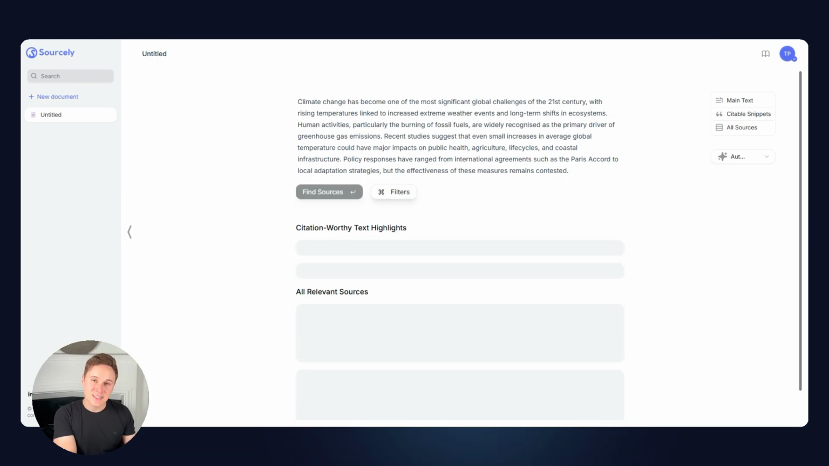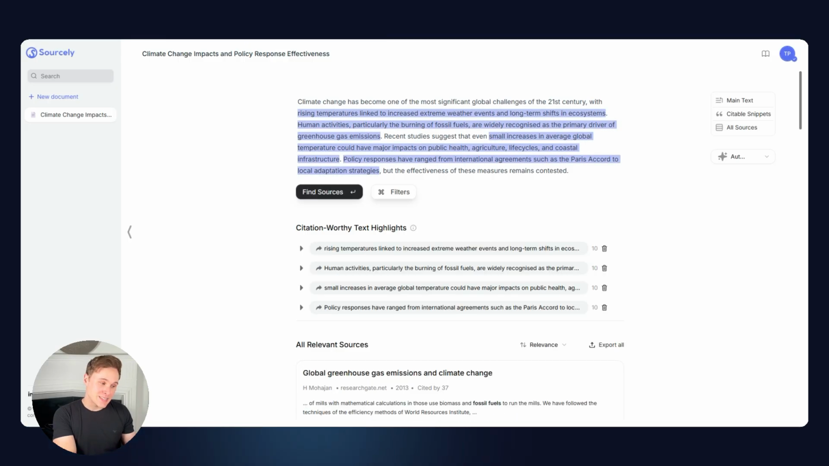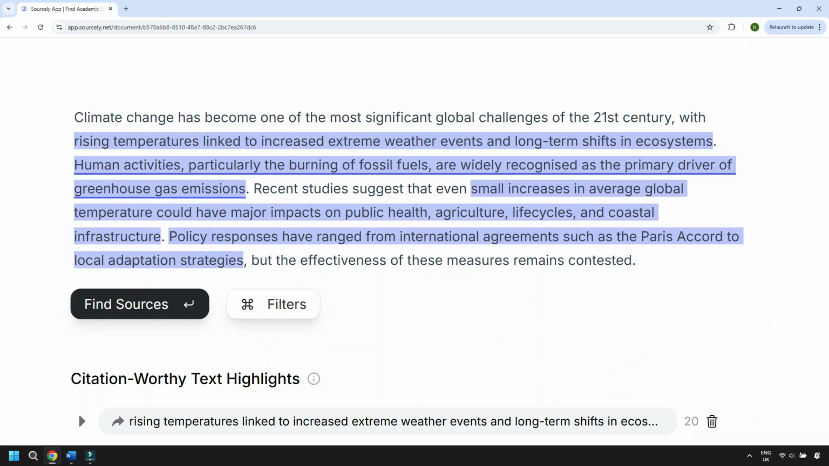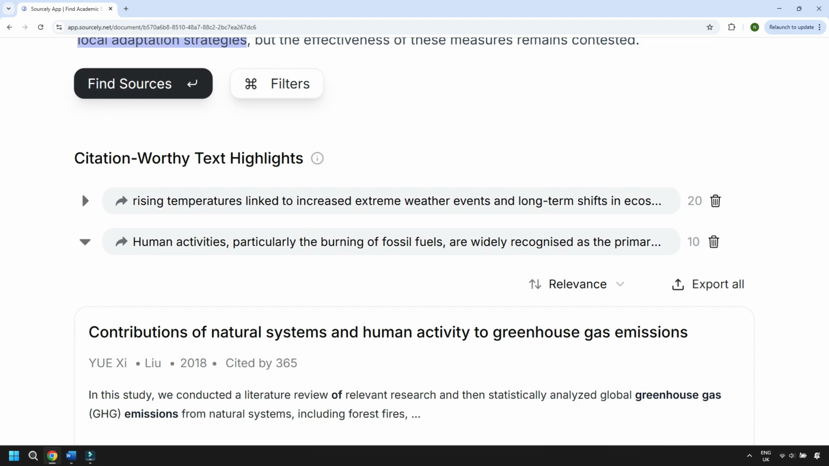Sourcely then scans the text and flags the sentences that look like they need citations. These are grouped into citation-worthy text highlights that you can see highlighted here in blue. Linked to each of these, you'll see a short list of suggested papers tied directly to each claim. So if you write something like human activities, particularly the burning of fossil fuels, are widely recognised as the primary driver of greenhouse gas emissions, Sourcely does a semantic search grounded in the whole text to bring up studies that